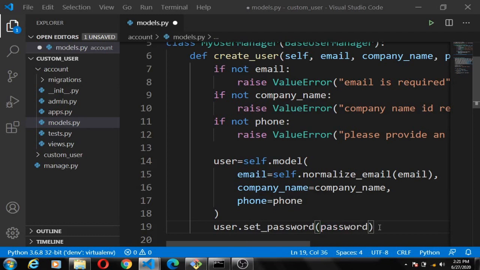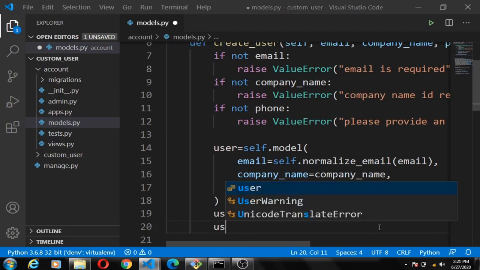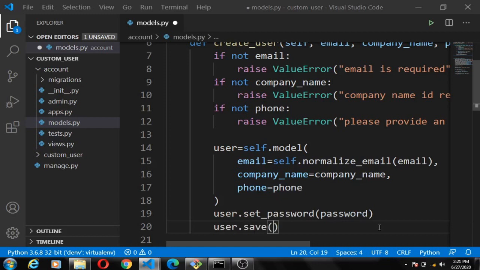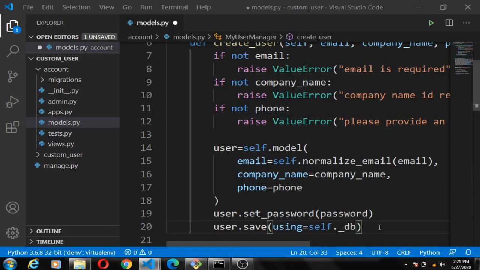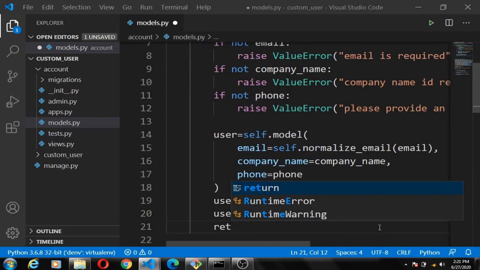So once we pass in the password, what's next is to save the user by saying user.save, using equals to save, dot underscore db, and return the user. Alright,